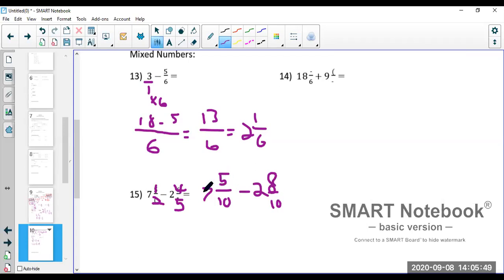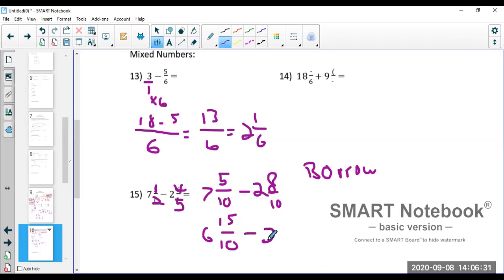Because we can't go 5 minus 8 when we have whole numbers like this, anytime you have a mixed number, you have to borrow. So we're going to have to borrow from the 7. We're going to take 1 away from the 7 and make it 6. So we have to do what's called borrow. We're not just taking 1, we're actually taking 10, however much the denominator is, because this number is 7 times 10. This is actually 70 of these, right? So we take 10 and add it to 5. So it becomes 6 and 15 over 10